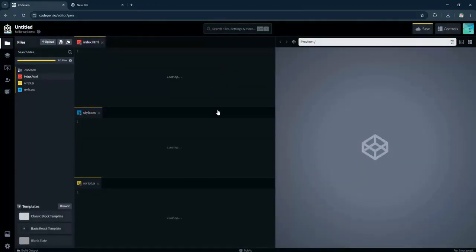Remember, you can save your progress at any time by clicking the Save button. Once you're ready to share your work, you can use the Share button to get a public URL or even